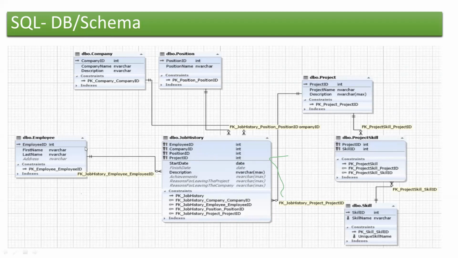Here, if I look at the center of this diagram, job history, I have so many inputs here: constraint, start date, employee ID, company ID, and so on. And these are all connected to my subunits. You see the employee here: employee ID, integer, first name, varchar, and so on. So when I am updating the database for so-and-so people, calling this table employee, this is going to be saved to my main database here.